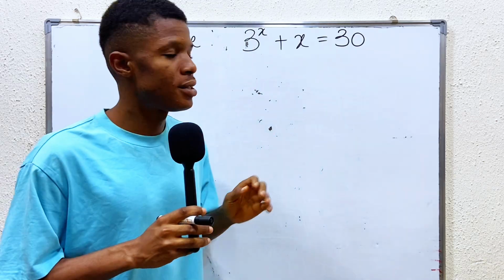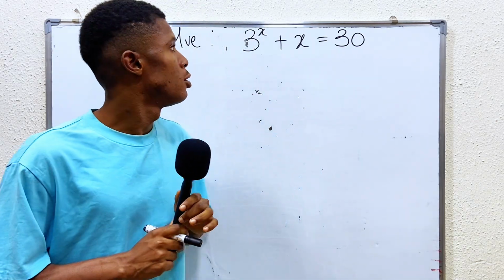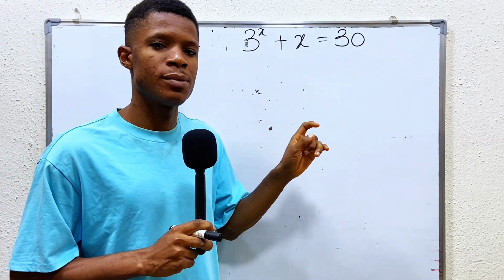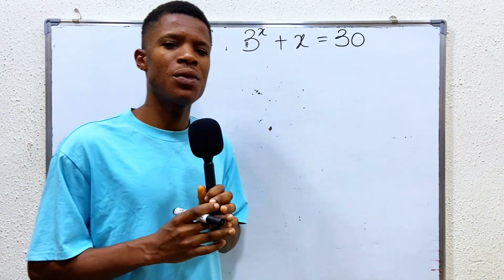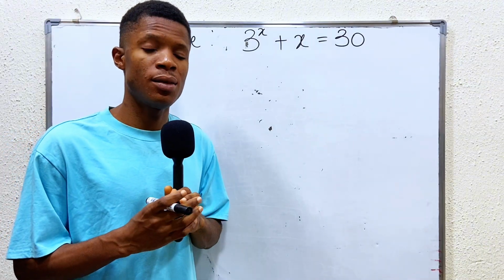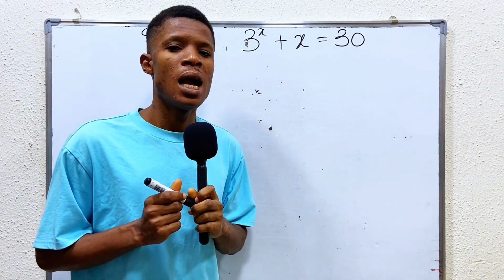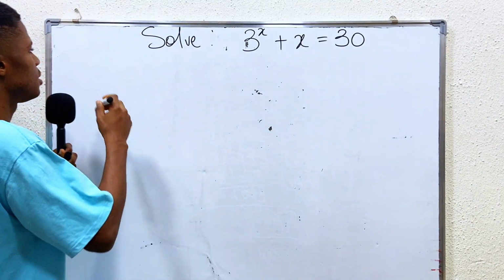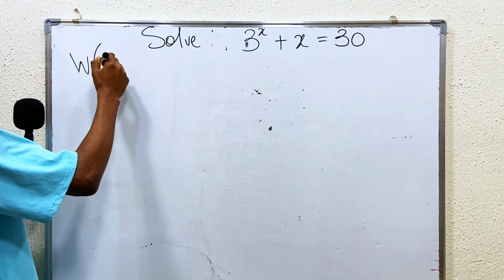Can you solve this Math Olympiad problem we have on the board? Okay, to solve 3 power x plus x is equal to 30. If you look at this very well, you can now see that the method we are going to use is the Lambert W function. And Lambert W function states that whenever we have the W of the Lambert W function